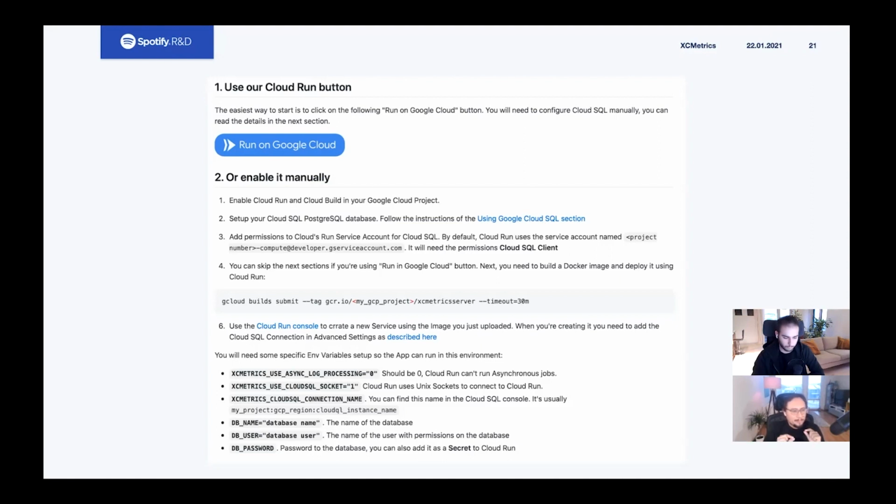So we put a Run on Google Cloud button in our repo. If you go there and click, we are going to configure an instance of Google Cloud Run for you, ready to run XCMetrics. There are some caveats, of course. For instance, you also need to create a database because we store everything in our database, but we provide a lot of documentation about how to do that. So this is enough if you have